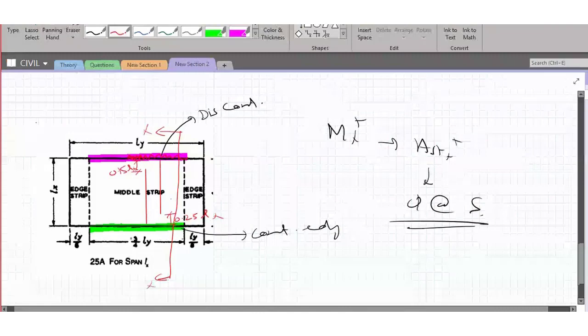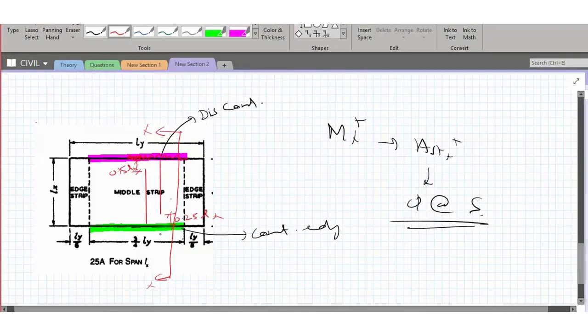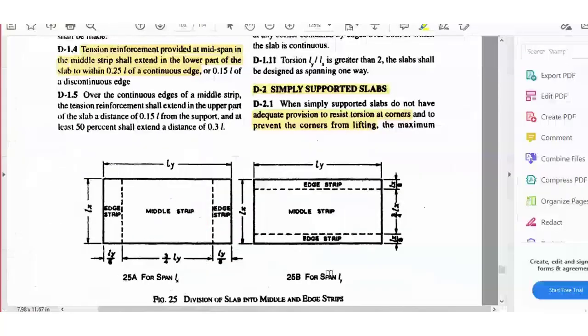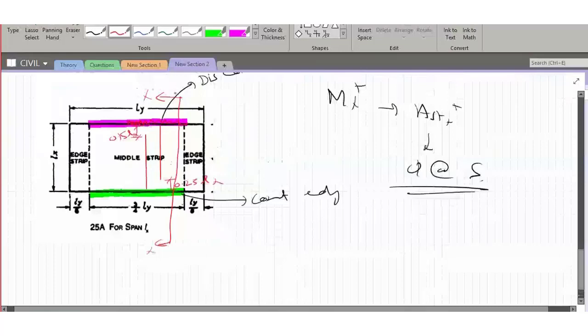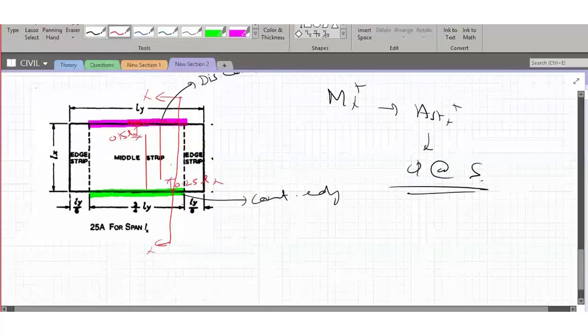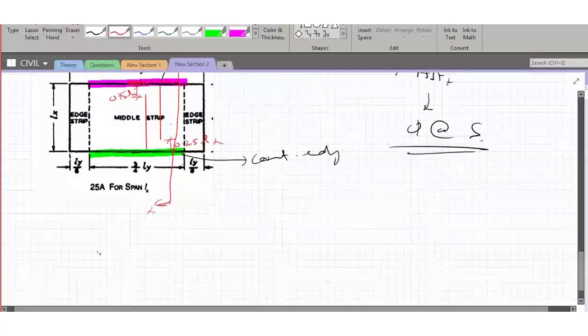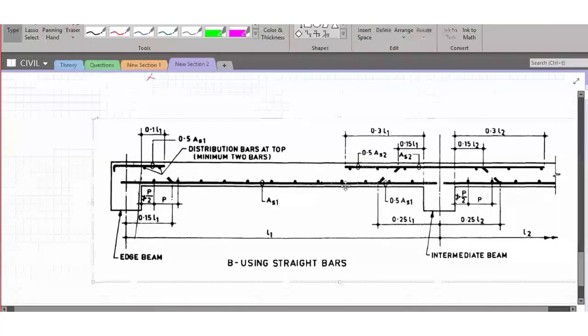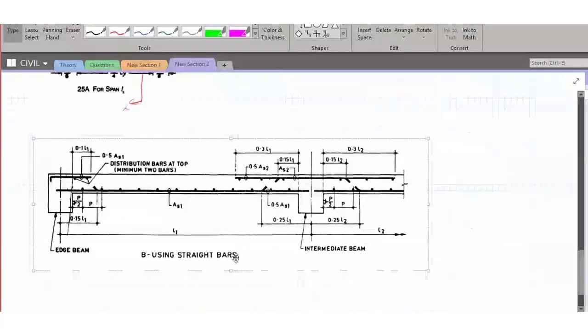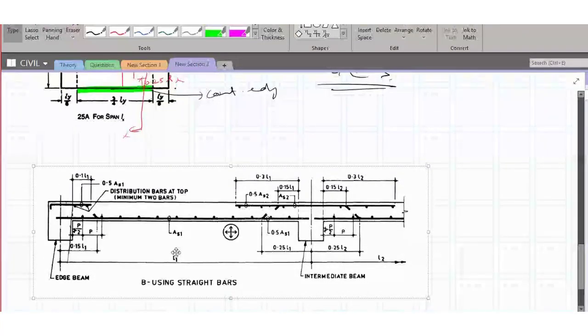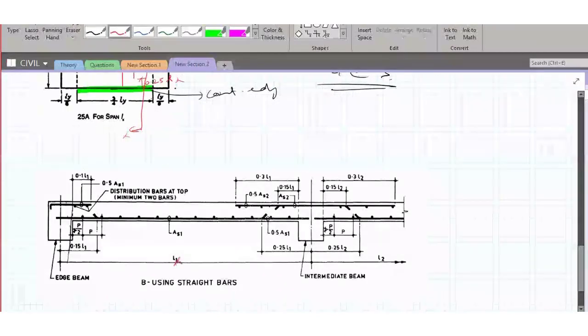if you start observing how exactly the slab will look, to understand that I'll open SP34. So right now I'll be talking about this curtail bar here. I'm seeing from here. So here you see the slab is continuing here, and the slab is discontinuing here. So of course this section is applicable. This is what you are going to see. And here whatever L1 is there, this is actually Lx. So rather than L1, I'll write Lx.